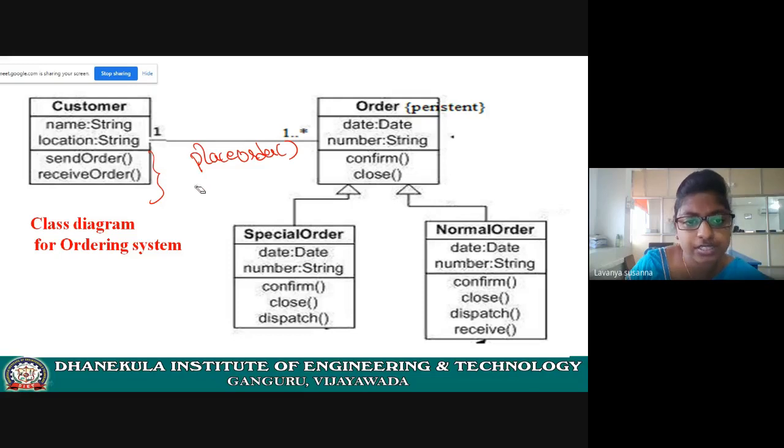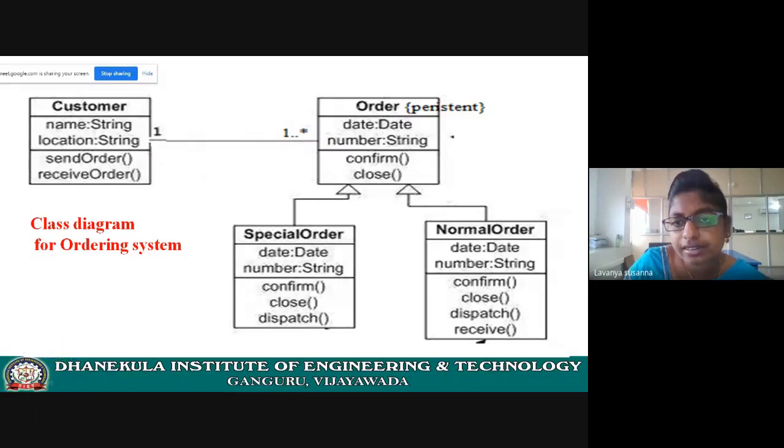Identify those operations. Next, view order details. Like this, just write down in a simple way. Here it is like send order, receive order. You can write on your own, okay? Like place order, view order details.